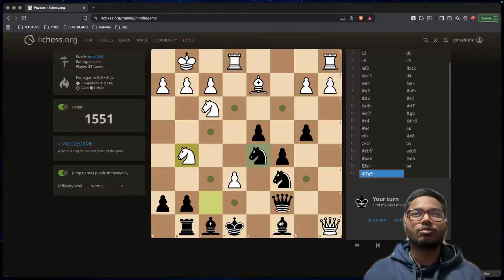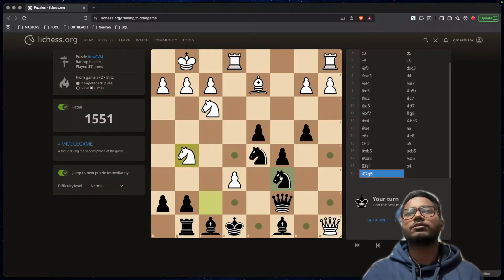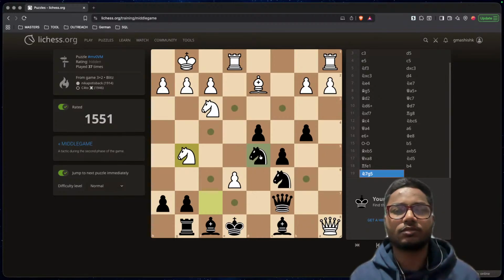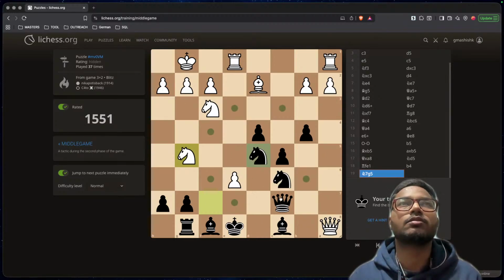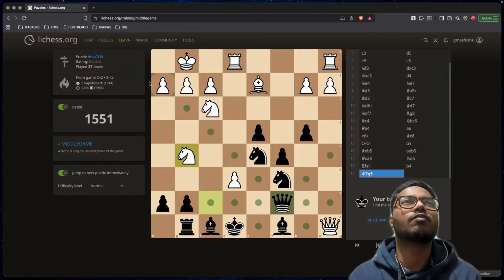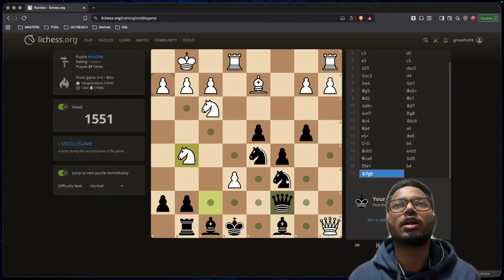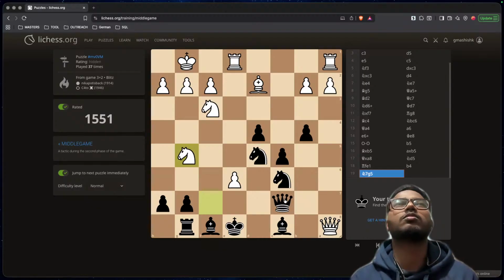Okay, so we cannot move this bishop, it will be a check. If we take, it's a check, but it will be eliminated by the knight, and the king can attack as well.